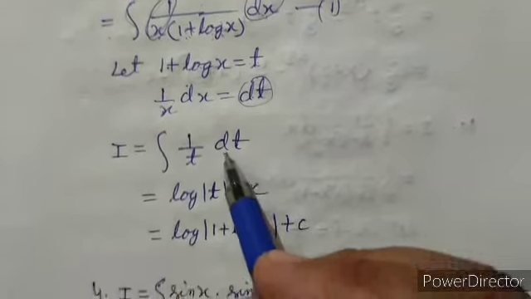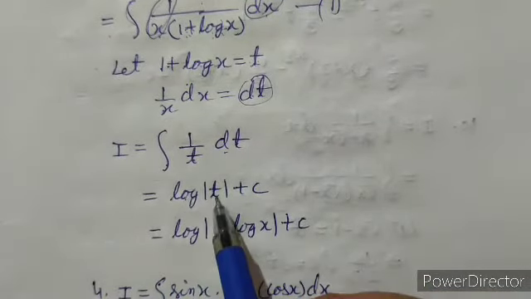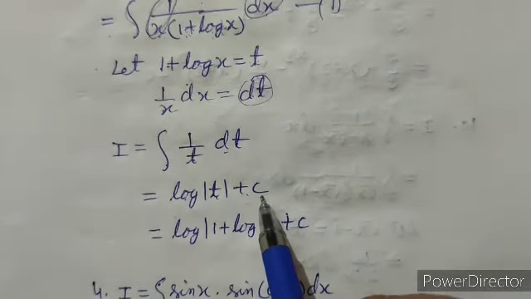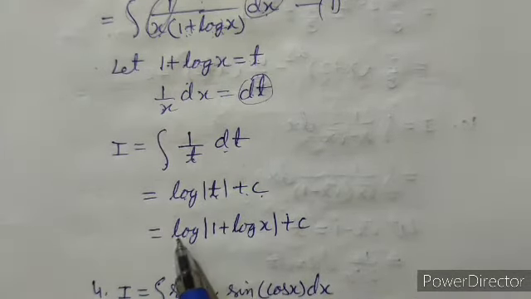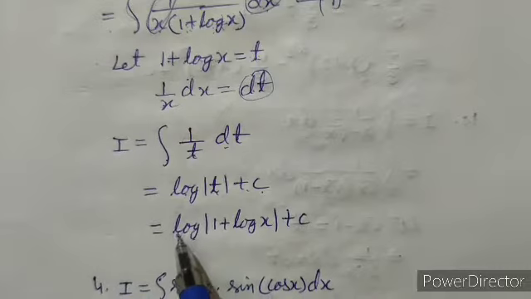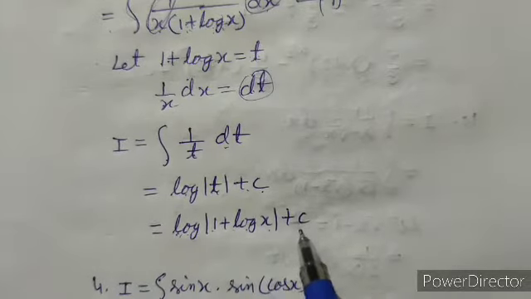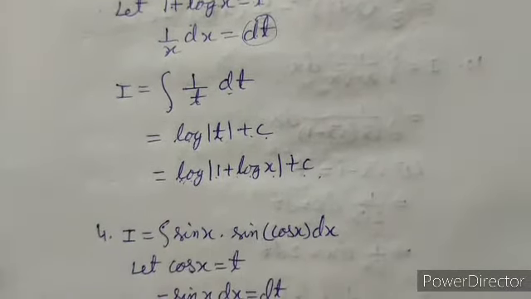As we know, the integral of 1 upon t will be equal to log t plus c, and that will give us, on putting the value of t, I will be equal to log (1 plus log x) plus c. Now in question number 4,